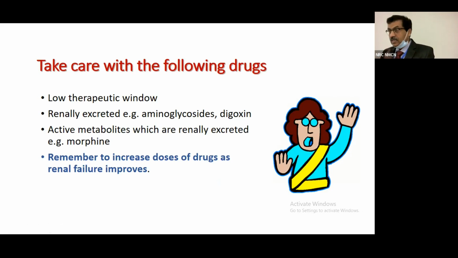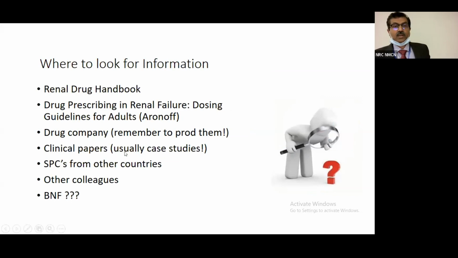So modify your prescription on a daily basis. Where to look for information? As Dr. Banani was telling, a lot of information is available in the literature: renal drug handbooks, drug prescribing in renal failure, dosing guidelines for adults, drug companies, and many clinical papers you have to consult whenever you are trying to adjust the dose of antibiotics. So that's all from my side. If any one of you have any questions,